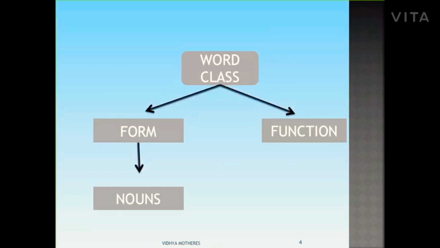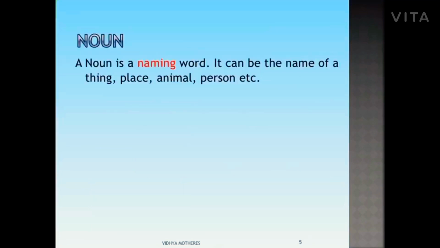An example of form class word: boy, it is well definable, whereas an example of function class word: on, it is not well definable, but let's see an example to know its importance. The textbook is on the table. Now remove the on. The textbook is the table, which is completely wrong. So form class and function class is important, and under form class we are going to see nouns.